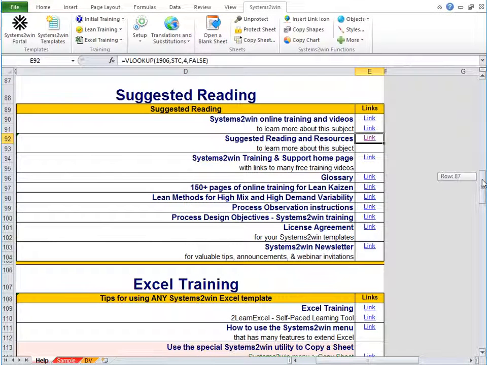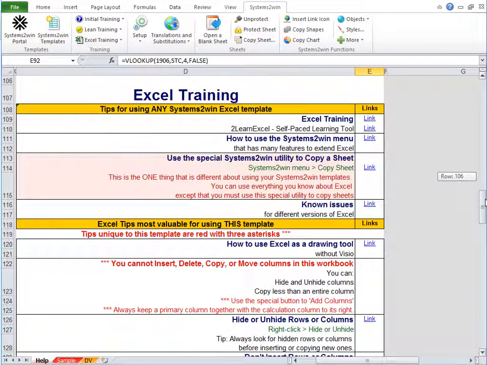And back on the Help sheet, the next section is Excel training. It starts out with these few tips that are common to every Systems to Win template, but this bottom section is always different. What's likely to get you stuck about Excel when you use this template?